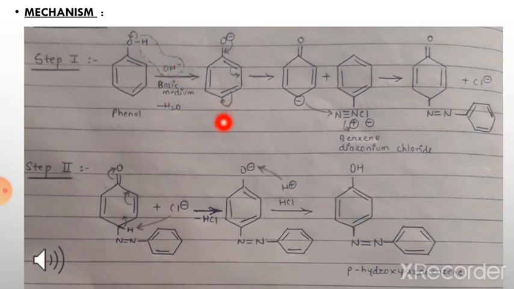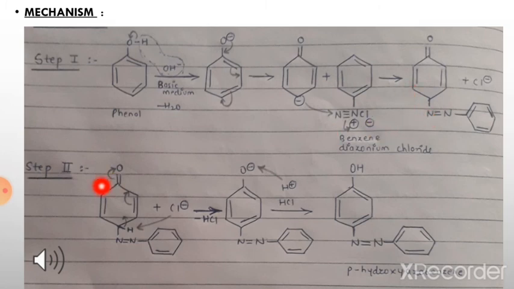Here, resonance will occur. As we know, charge shifts as bond and bond shifts as charge. Next, the electronegativity of carbon is less than oxygen and it will donate electrons to nitrogen of benzene diazonium chloride. The pi bond will break and chloride ion will be removed and settle in the solution. Here is the formation of a double bond between carbon and nitrogen.